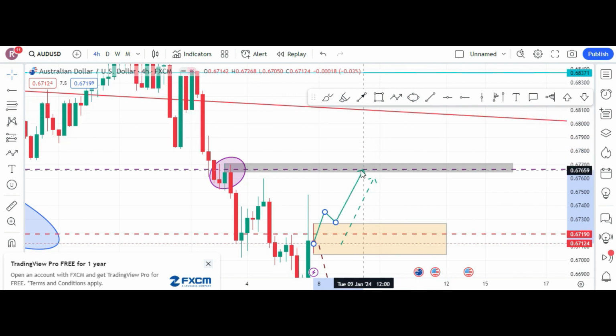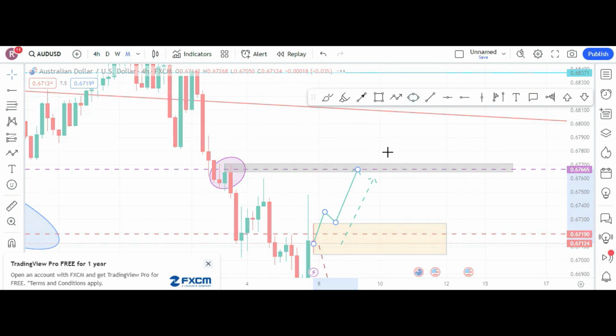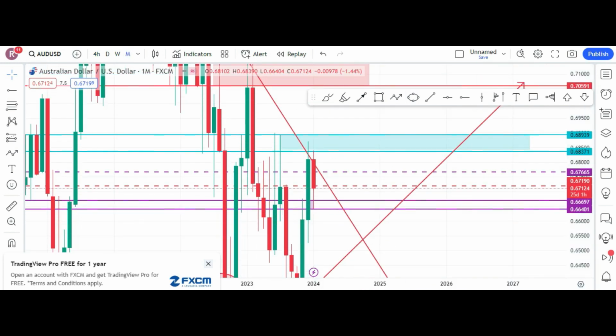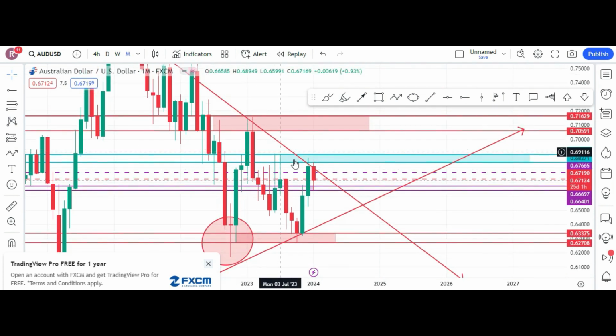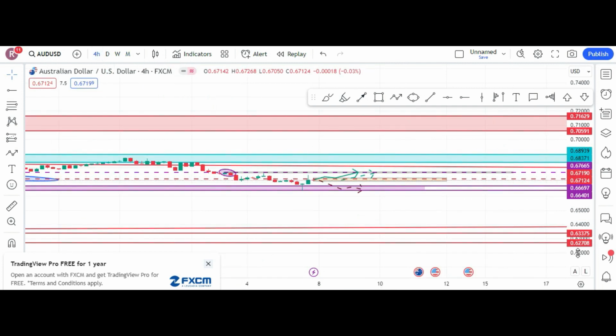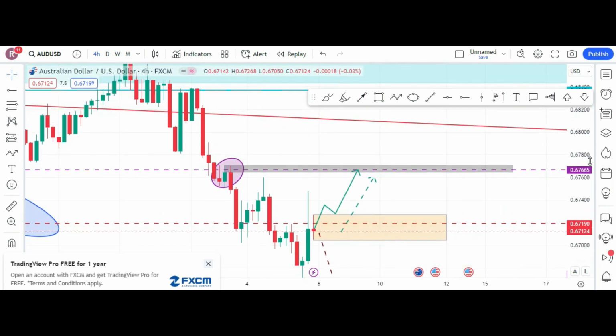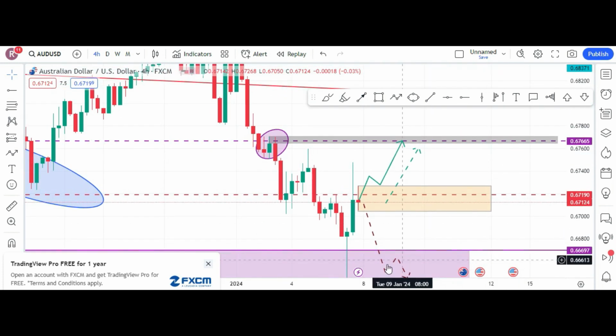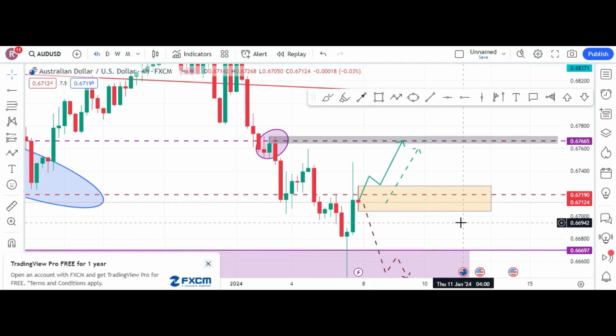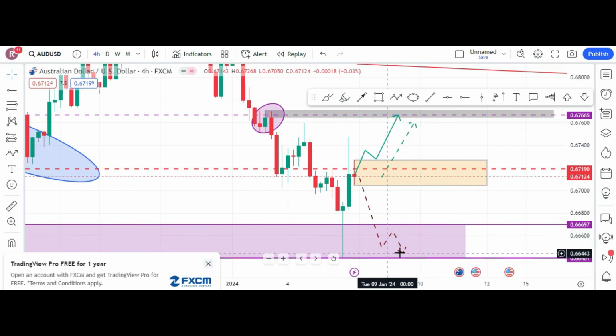trend line. The monthly trend line is here, guys. So we need to be very careful if this 50% line is matching with this one. That's it for AUD USD. And you should work on the 4 hours for the time being, so you can see what is happening. But I think it will reach here, because this is a single double bottom